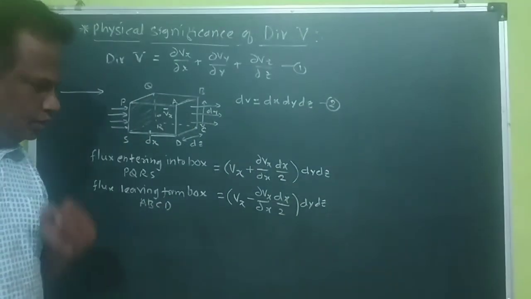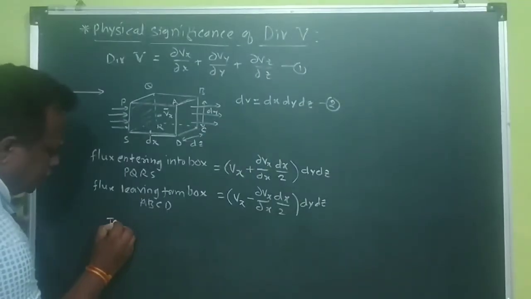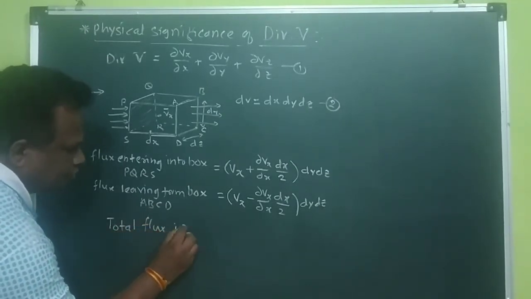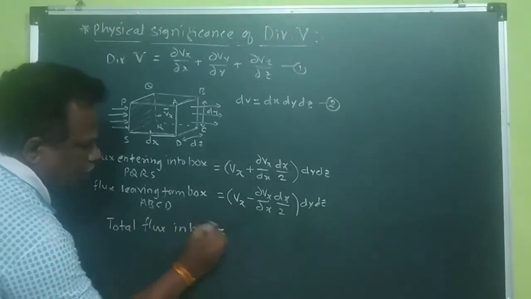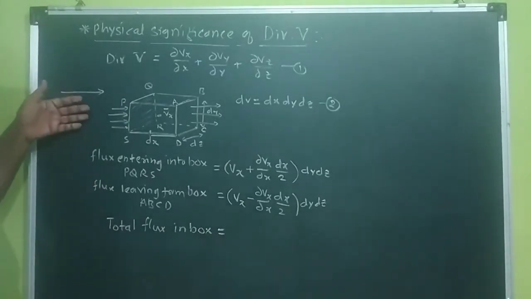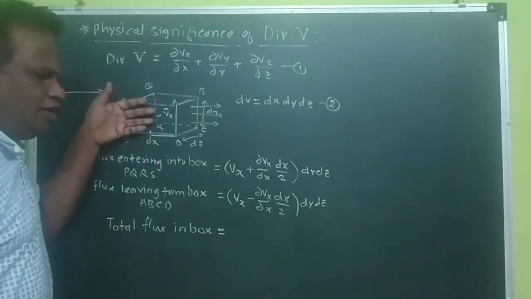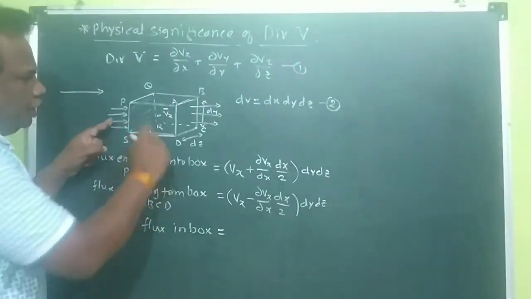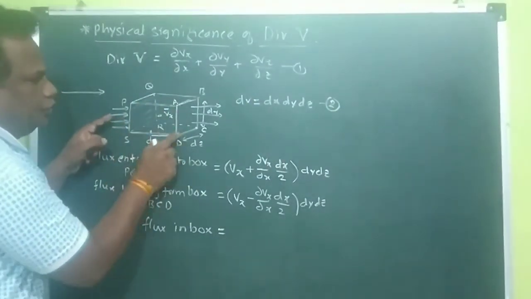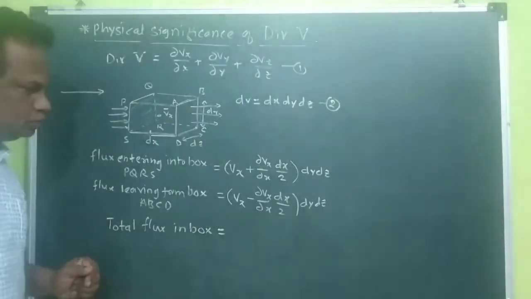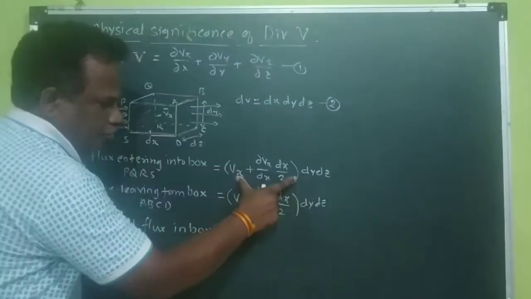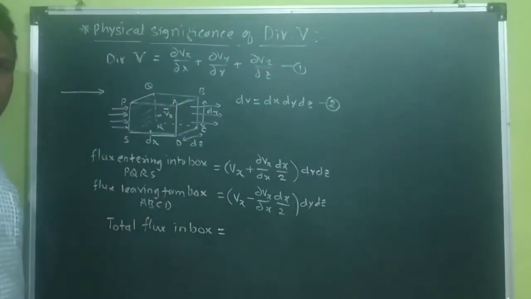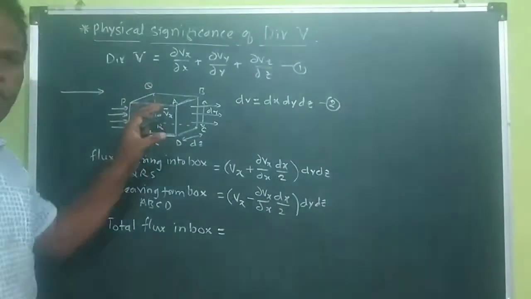Can you understand? So now, what is total flux then? Total flux in the box. That means some intensity of lines of force is coming in, some intensity of lines of force is going out from the box, whereas some intensity of lines of force remains inside the box. So that means coming minus outgoing gives rise to how much flux remains in the box.